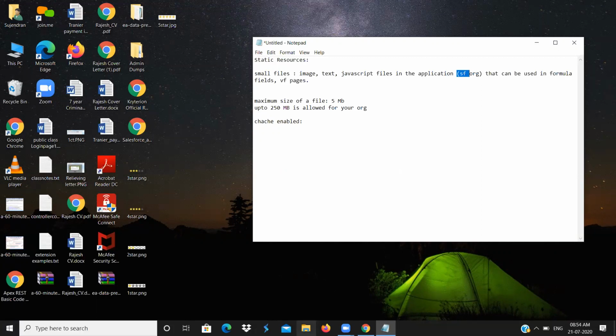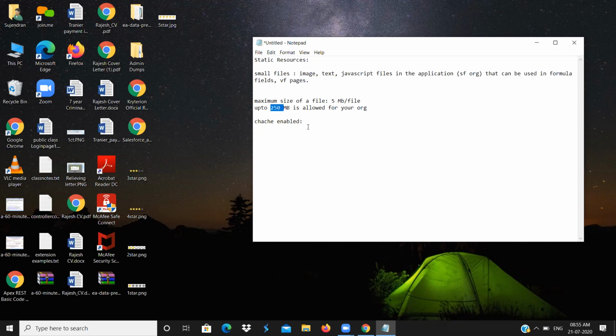In other applications, as I showed you, you have folders where you will see many images and many files. But in Salesforce, you cannot, so you have a static resource for that. The maximum size per file is 5 MB, and the total amount of files you can have is up to 250 MB.